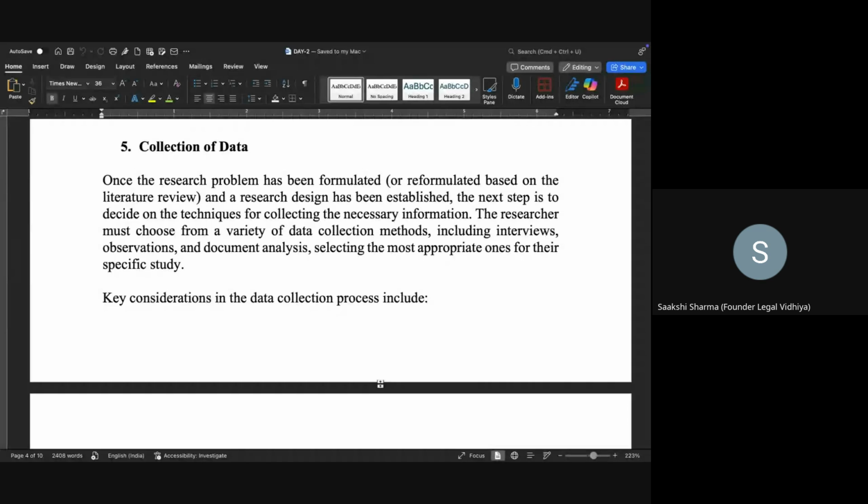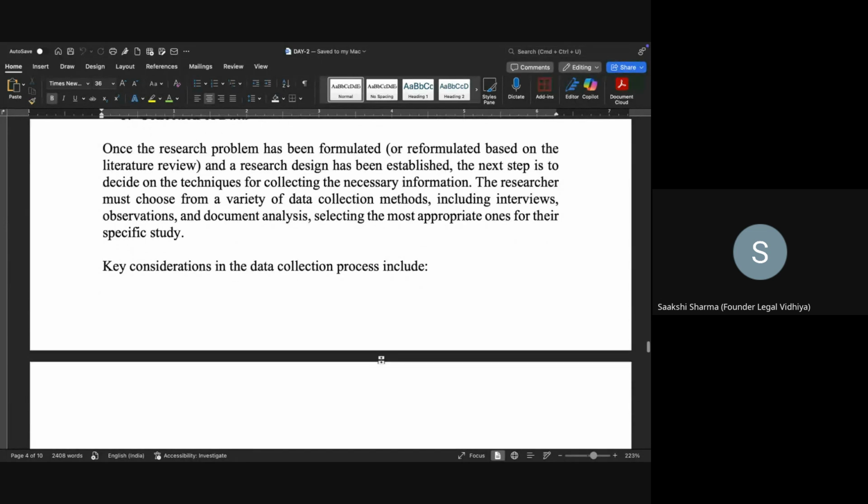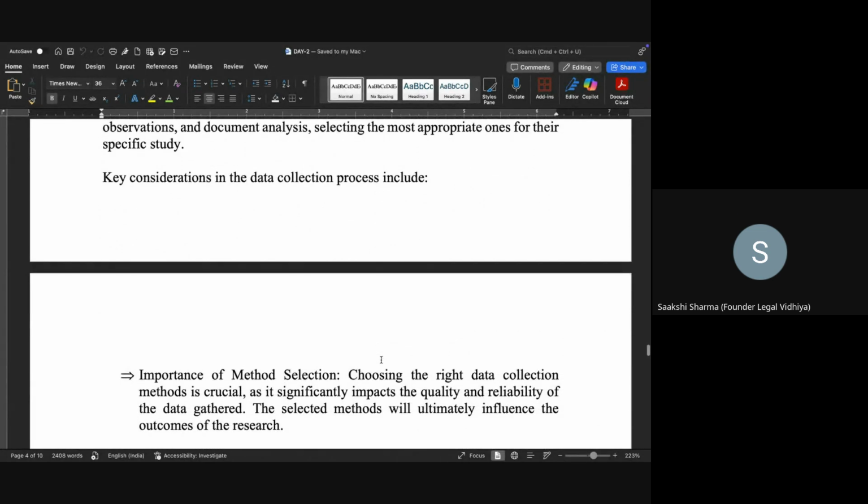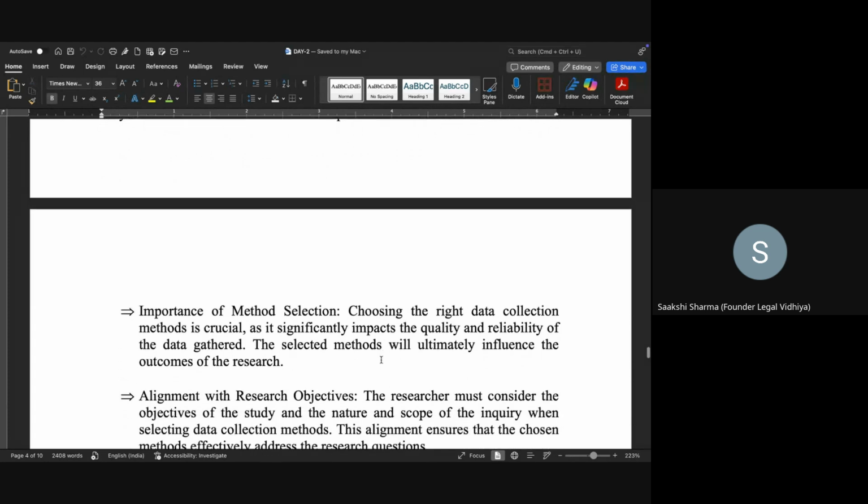You can do interviews, you can do field surveys, you can give people questionnaires, you can find data from various sources. Now, कौन सा मेथड आप यूज करोगे डेटा कलेक्शन का is very important. And again, your data collection method will depend on what your question is and how you have formulated your research design. There are certain key considerations in the data collection process.